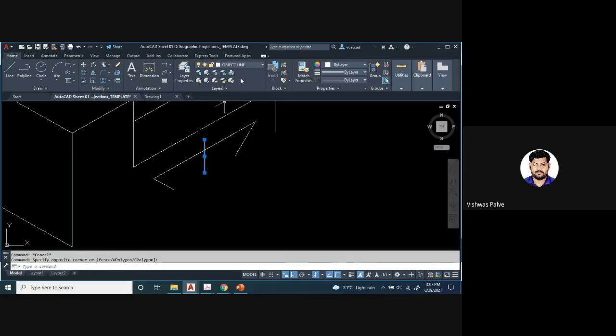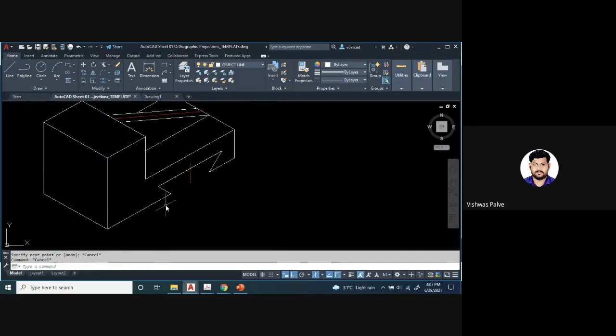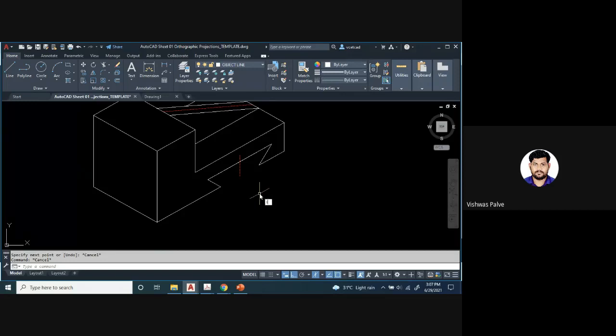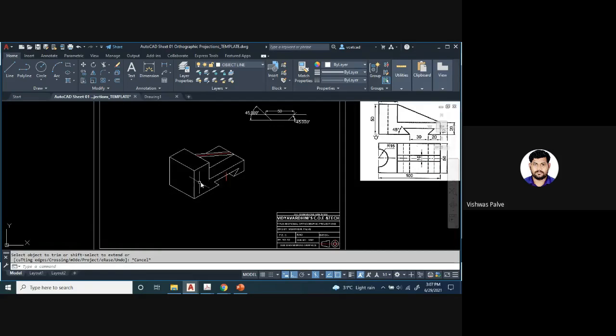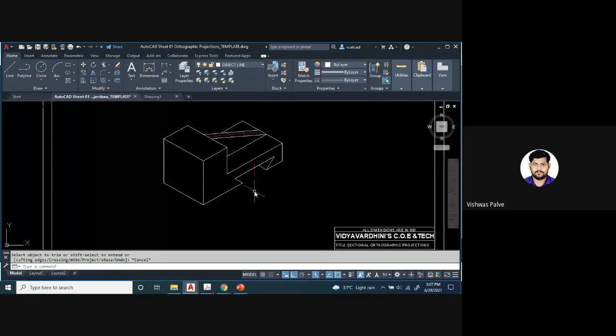I can cut this line as a center line, and if you want to retain, you can retain the other line also. From this point, you can just connect these two. Here also you can connect these two points. So I have drawn that slot. Now I want to show this edge. F5, change the plane, extend it beyond that line, use TR double enter, trim and trim it off. So this was the portion which I have drawn in the isometric.